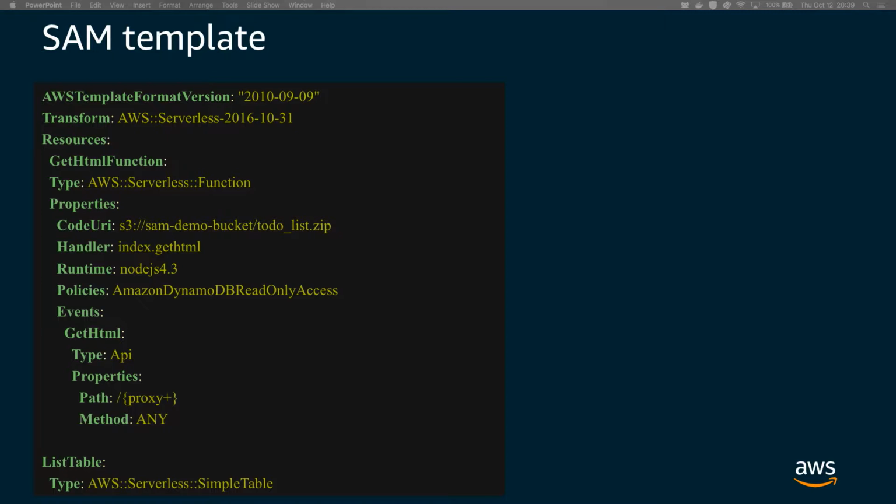Behind the scenes, what SAM is going to do is deploy for you a whole bunch of AWS resources, so things like API Gateway, for example, to connect it up to your Lambda functions. When you're looking at this particular slide, you'll see a number of common elements. You've got a handler here, which is just calling your particular Lambda function. You've got an index, in this case it might be an index.js page that you're calling. And then you've got the actual Lambda function itself, get HTML.